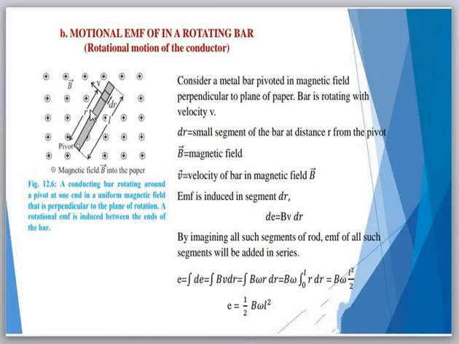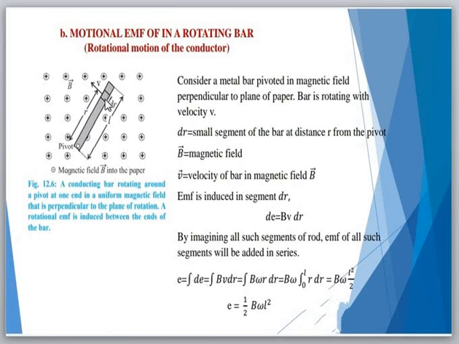Now the induced EMF in the segment moving perpendicular to B is dE equal to B v dr. Now v is equal to r omega,